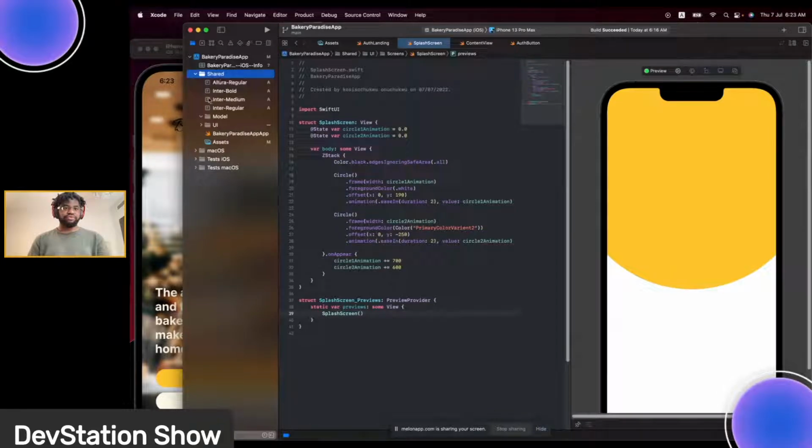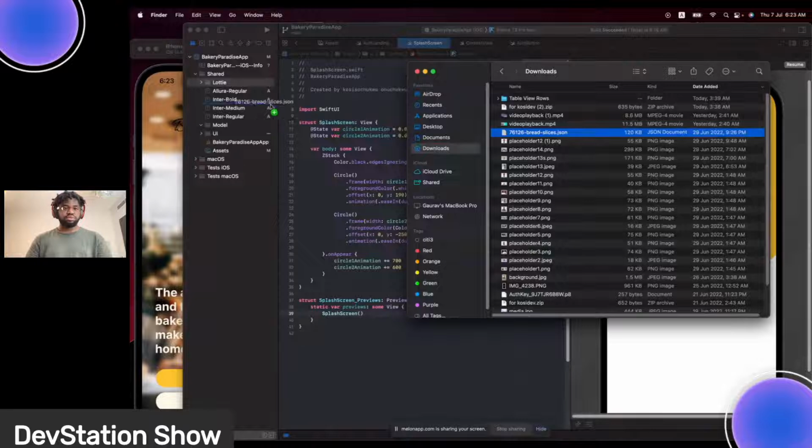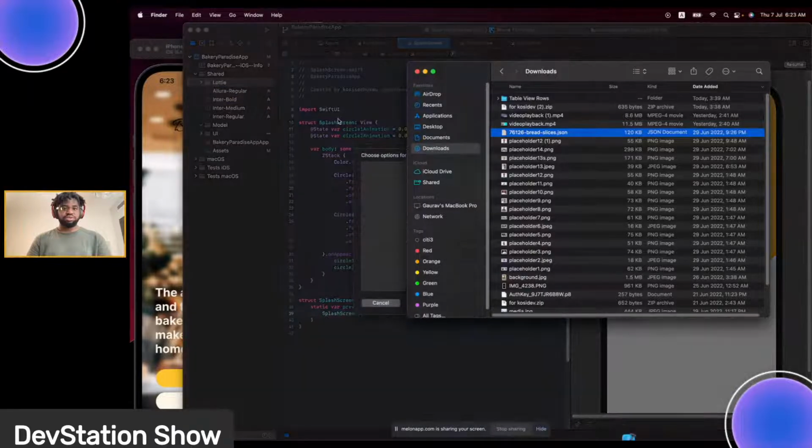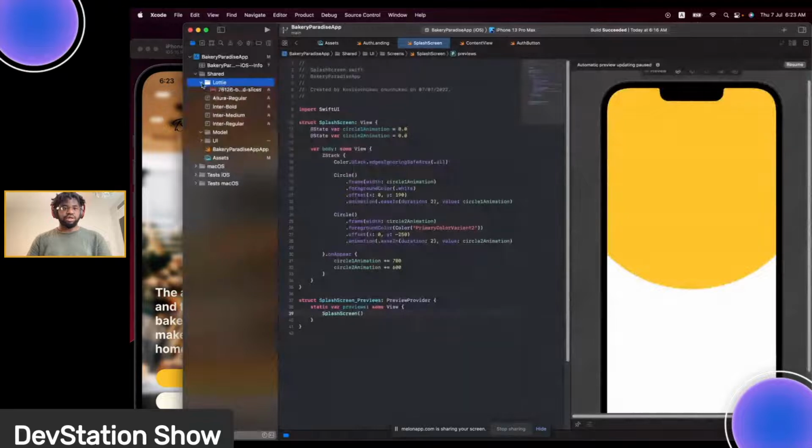So in our shared folder, we create a new folder called Lottie. In there, we're going to drag this Lottie animation and drop it in there. Let's drop it and finish. And that will be added right here as a Lottie animation. And that's not it. One more thing we could do